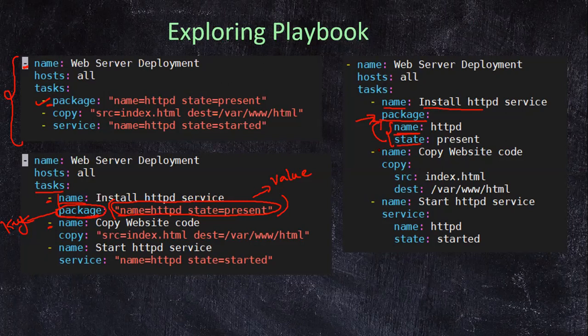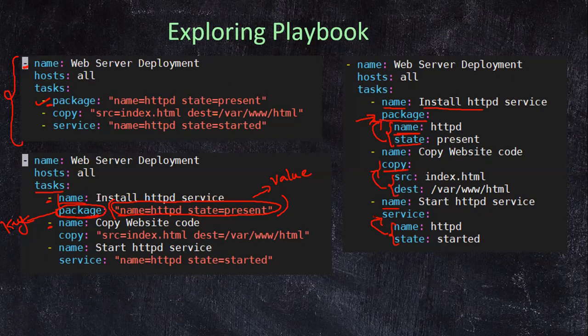Similarly, we are going to follow this for the second task as well: name, copy, and then source and destination are going to act as the child attributes for your copy. And for starting the service, the name and state are going to act as the child attributes for the service. So indentation has to be further with respect to the parent.